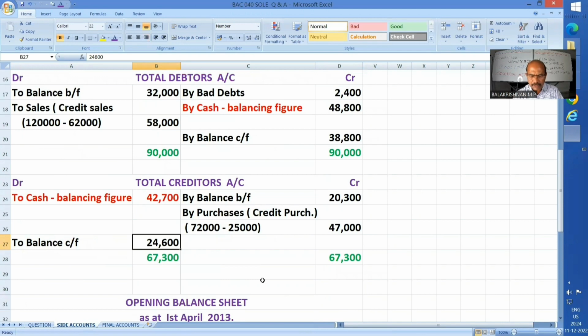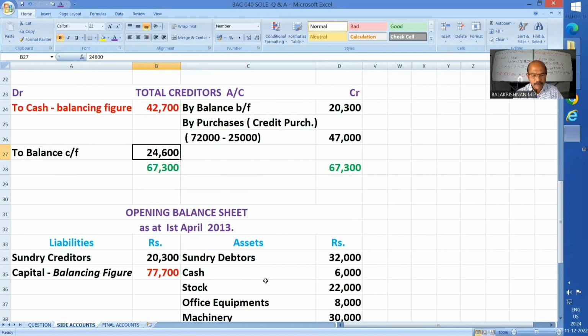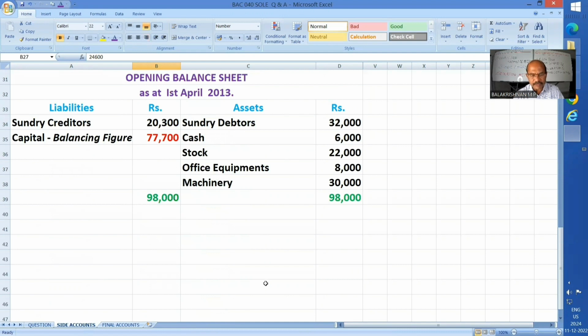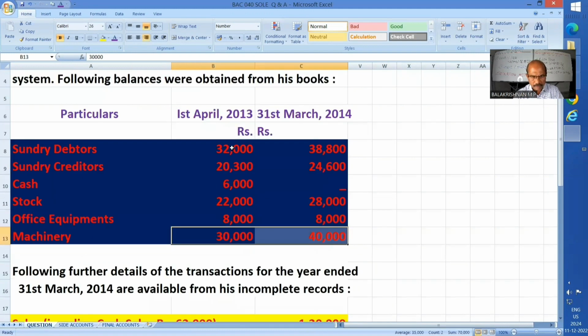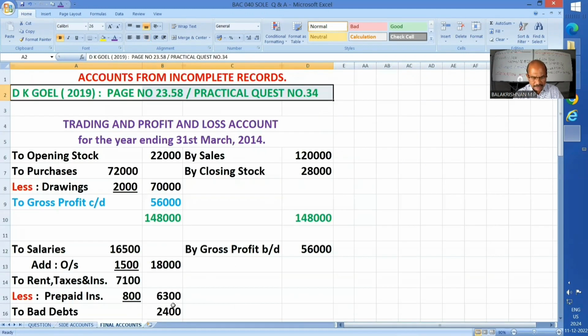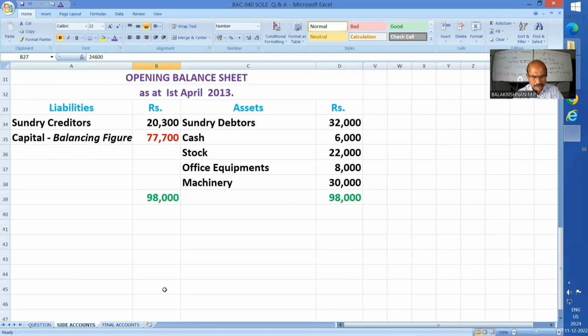Creditors account also closed. Each item has been explained to you. Now I need my opening capital. For that, of course, you are an expert by this time. In the net worth method, we prepared an opening statement of affairs. Similarly, here we are preparing the opening balance sheet, showing all the assets and liabilities respectively on the asset side as well as the liability side. And the difference is my capital, opening capital.